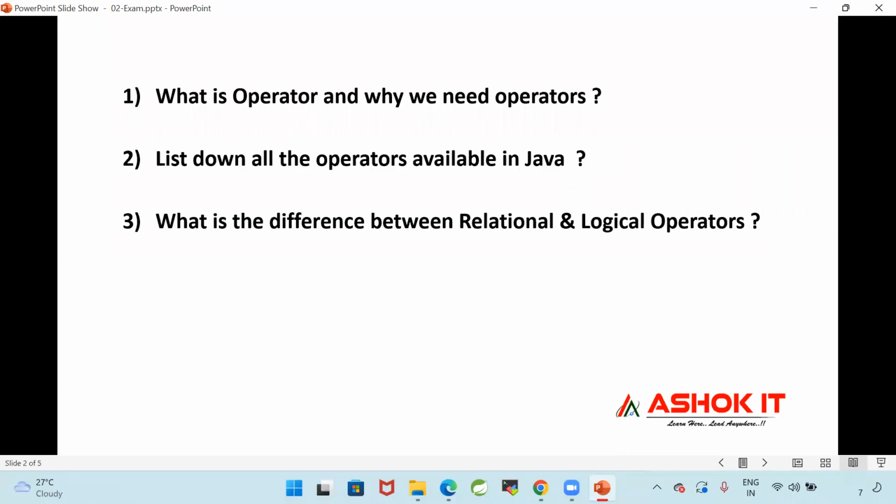These operators are not only for Java, for all programming languages we use these operators. So every programmer should know how to work with these operators.